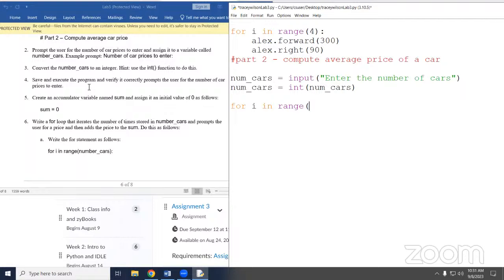It's converted to a number. That number then can be reused inside the loop. So we put num cars right here. It's going to go that many times.